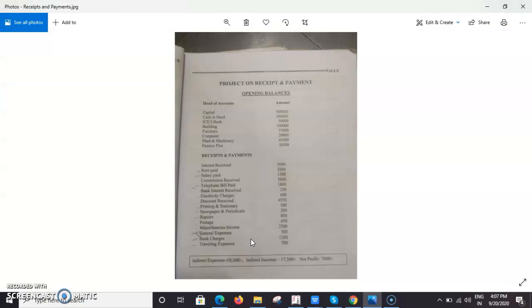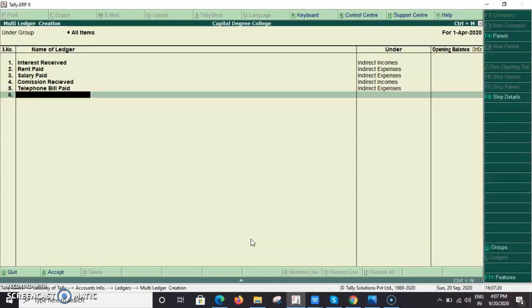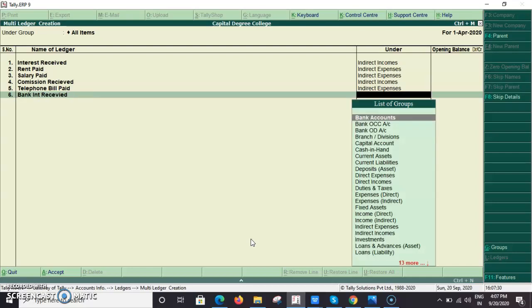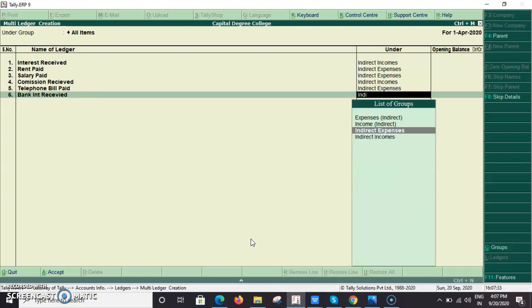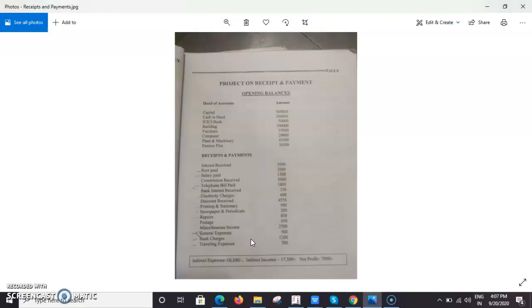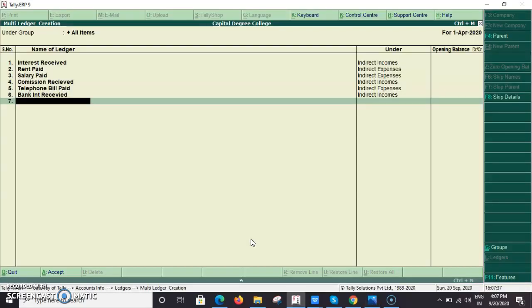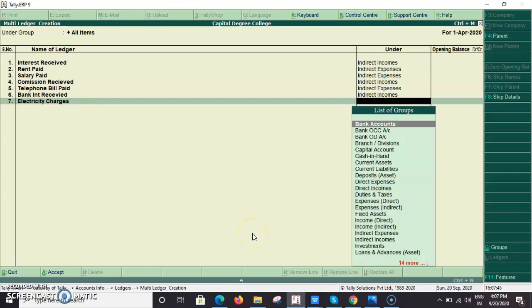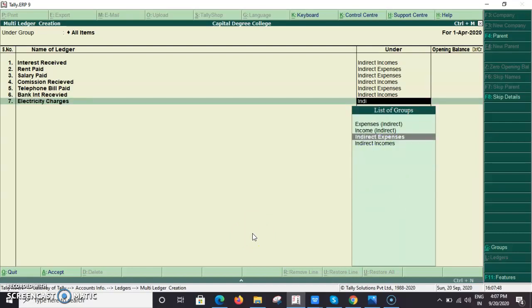Now next one, bank interest received, income. Bank interest received, indirect income. After that, electricity charges, indirect expenses.